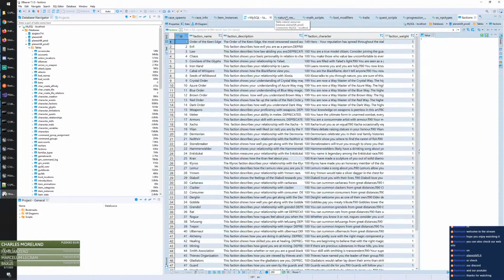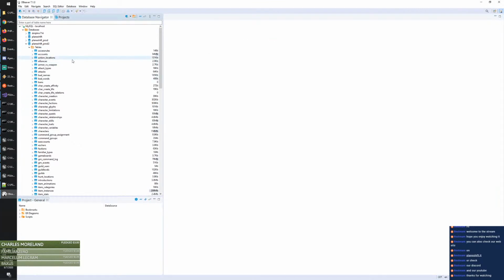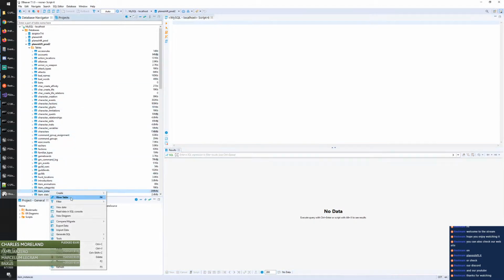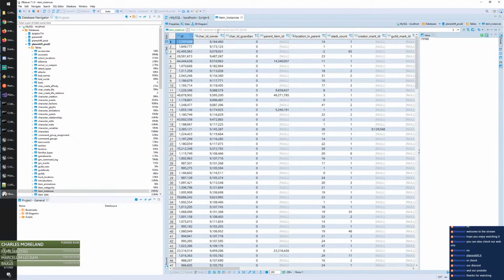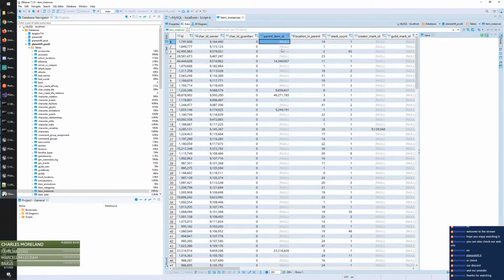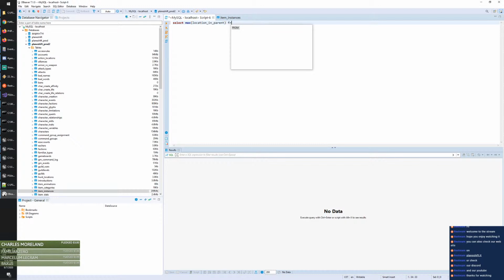There are too many windows open. Let me close everything and open a new one. So I set this one as default, and so if I check the structure of, I would say, item instances, right? I need the item instances that have no parent item ID. So I would do select max location in parent from item instances